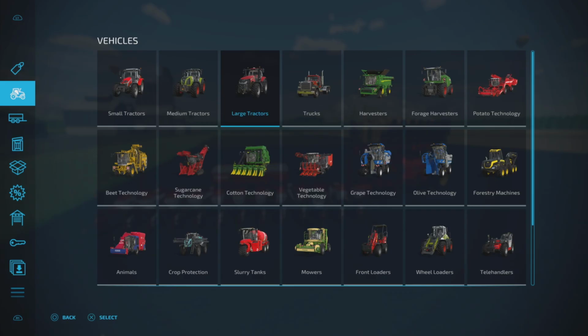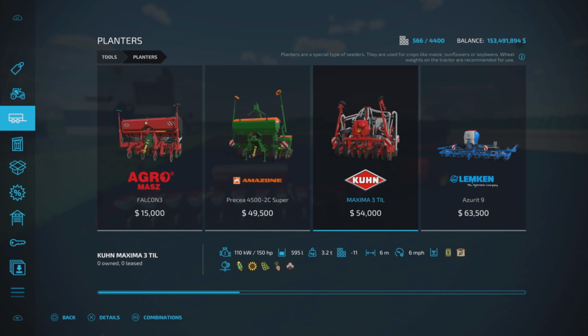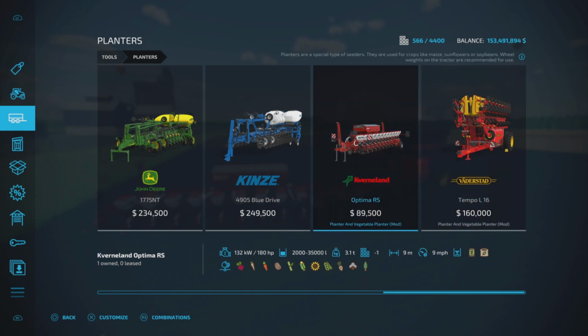So, let's take a look at it in tools and planters. That's where we will find them. Now I have the premium expansion DLC installed because these will also plant beets, parsnips, and carrots. Now I did have it on here without the premium expansion, and it did still show beets, parsnips, and carrots,